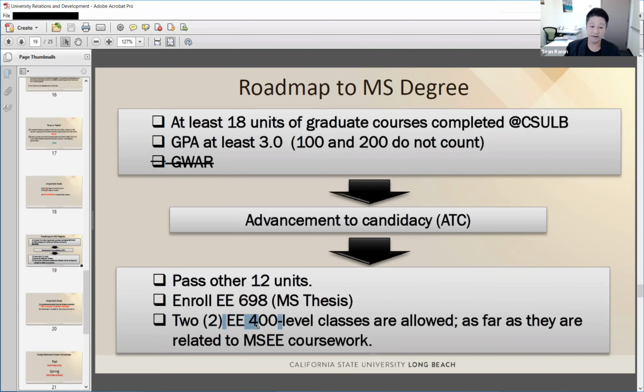So in every semester, I explained that this document automatically allows your enrolling in any EE 400 level classes. The reason is we have 5 mandatory classes, and those classes are spread out over the emphasis tracks.